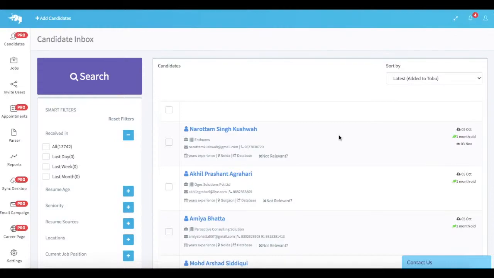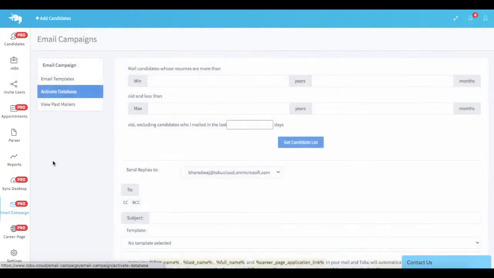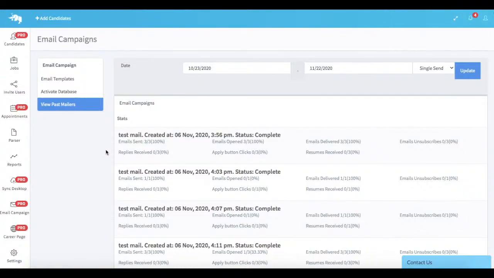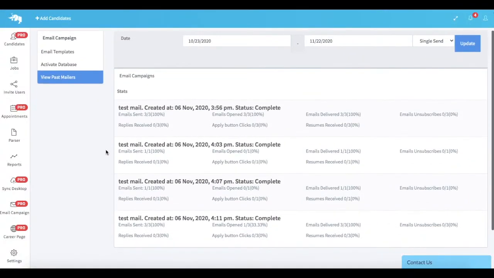Let's now see the statistics and the effectiveness of our email campaigns. To view that, you simply go to the email campaigns section, you click on email campaigns, you click on view past emailers, and now you see all the campaigns that were run between these two dates and all the statistics